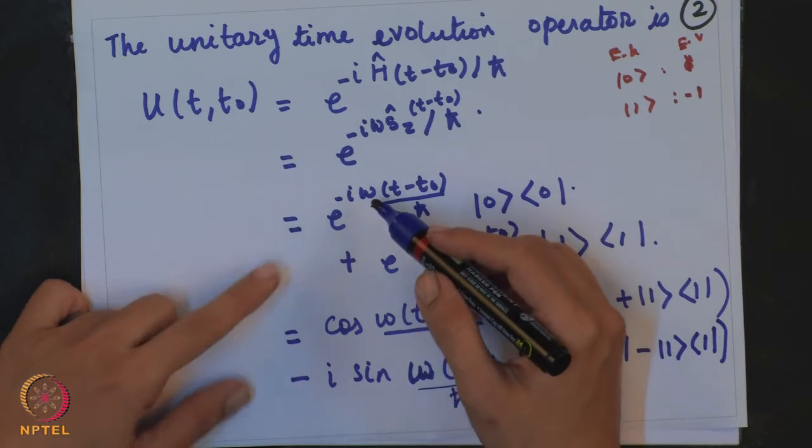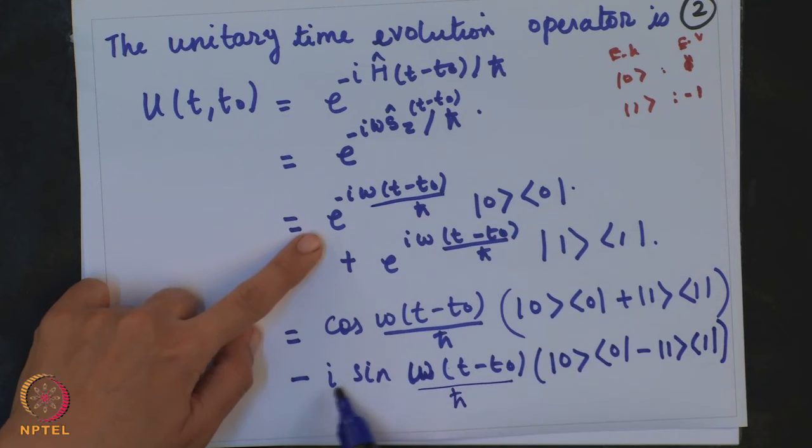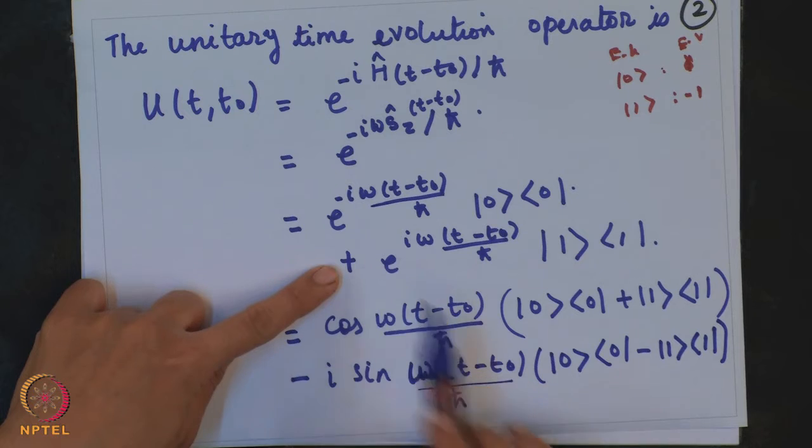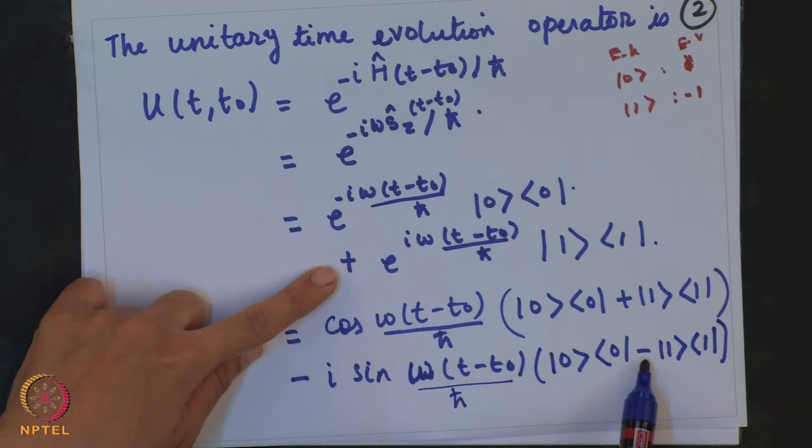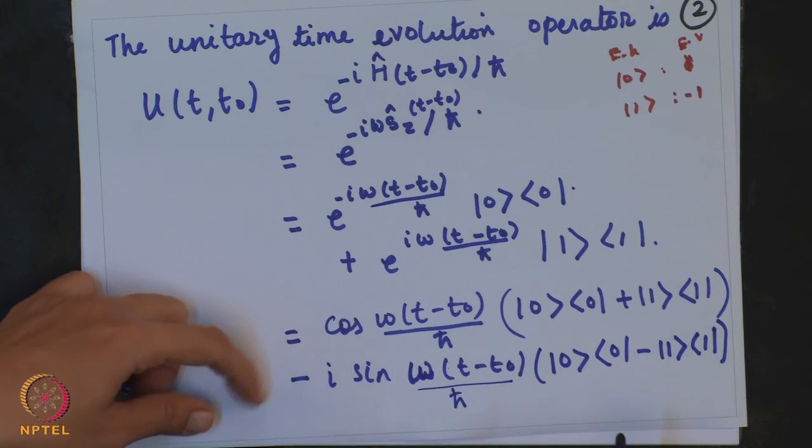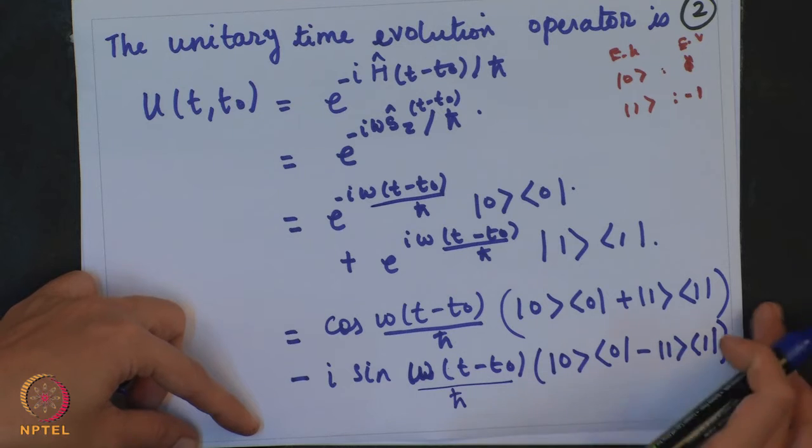The first term will give me minus i sin theta times this plus i sin theta, this will be minus. Then what we do next is